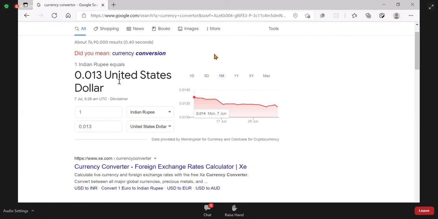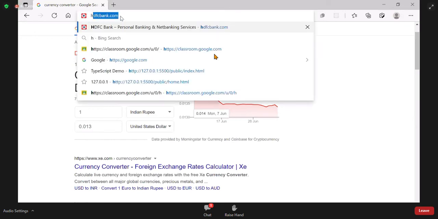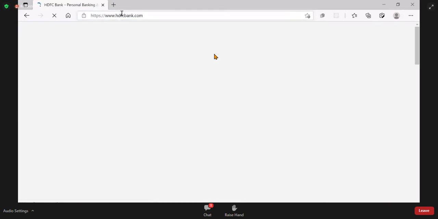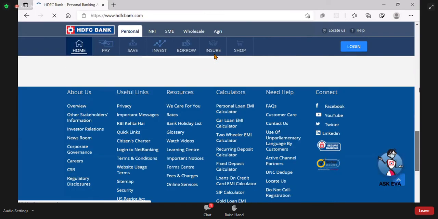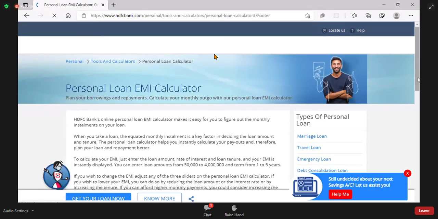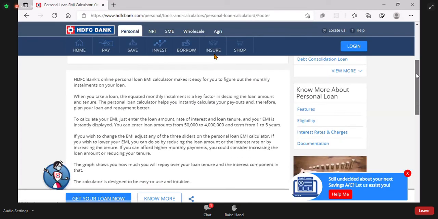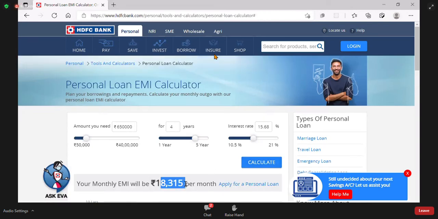Not only that, suppose you open a website like HDFC Bank. On this website, you can see an EMI calculator. It calculates the loan EMI. You select the loan amount, tenure in years, and interest rate, then calculate, and it will display the interest. This is called a widget, or a gadget.